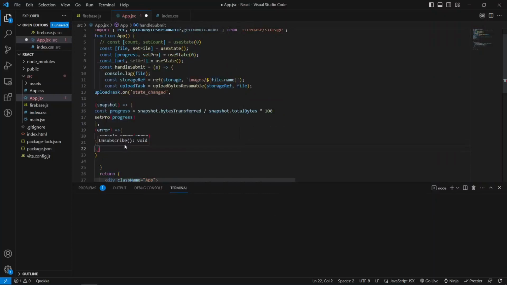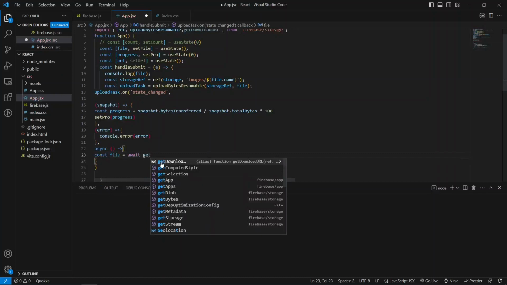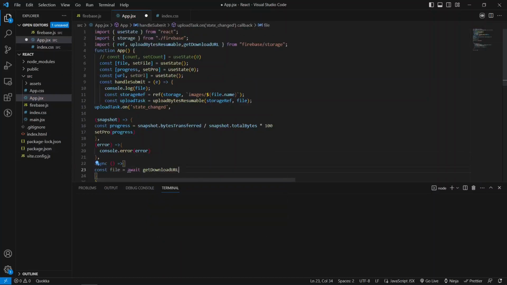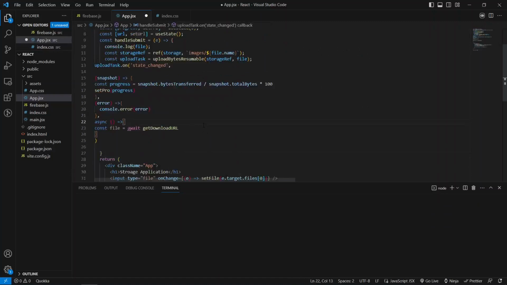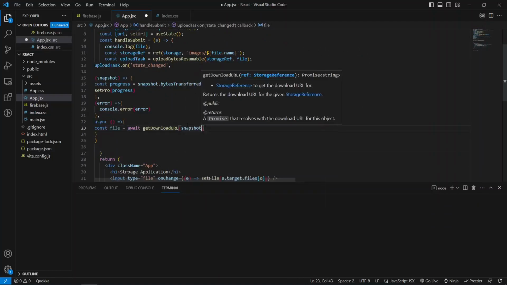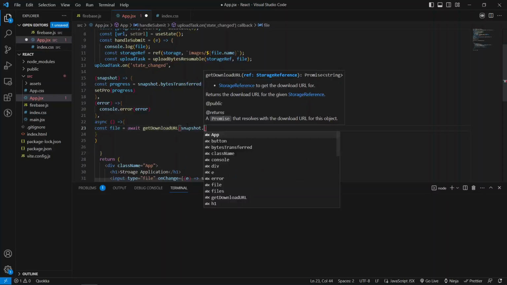So finally, the last function. In the last function, what do we want to do essentially? We want this to be an async function, so we can use the await keyword. So const file is going to be equal to await getDownloadURL. getDownloadURL is imported right over here, and it's a function that allows us to get the download URL. What it says is getDownloadURL snapshot dot, what is it again? I think it's snapshot dot